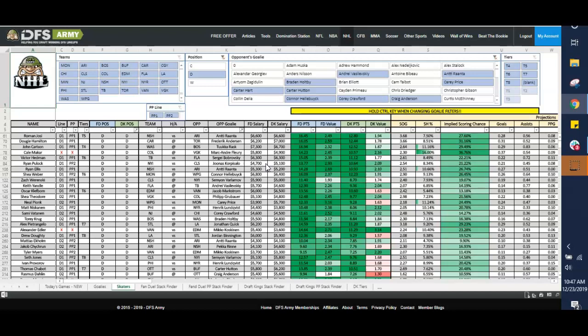And if you like paying down at defense, you might have your 2 defensemen right there in Ellis and Pulock, and then you can go afford some big skaters. If you like paying up at defense, you probably end up taking a guy like John Carlson, who's playing very, very well and running hot, because that's going to force you to take value at the wings and at the